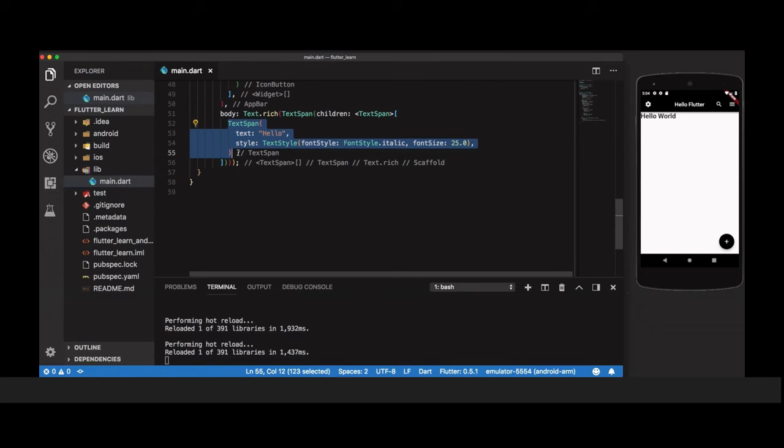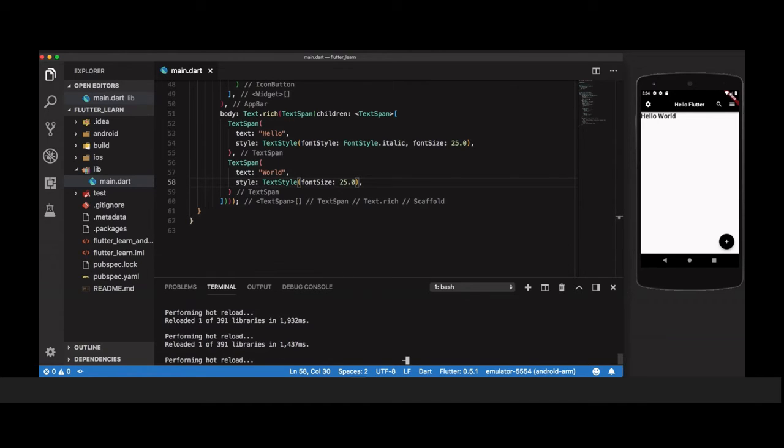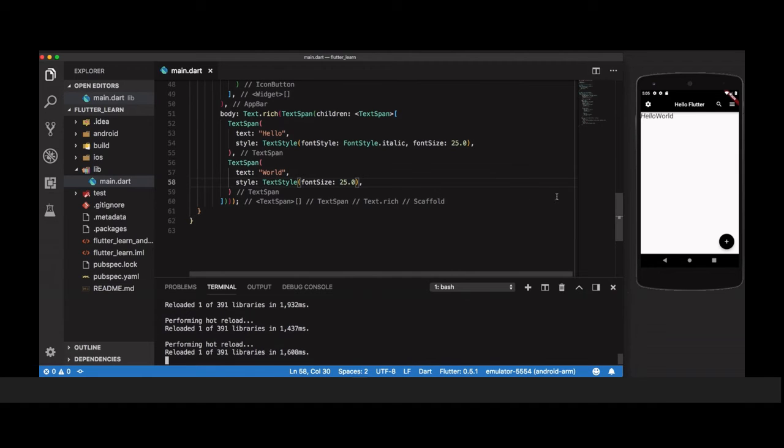Now in another TextSpan, we will add the word world, so we will copy this and replace hello with world and style it differently. After a hot reload, you can see hello is looking italic, but world is looking bold.